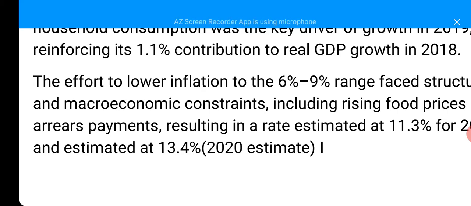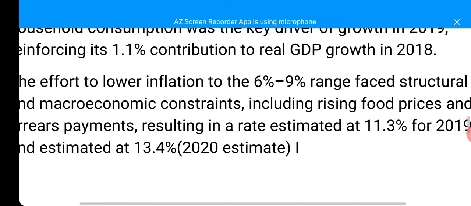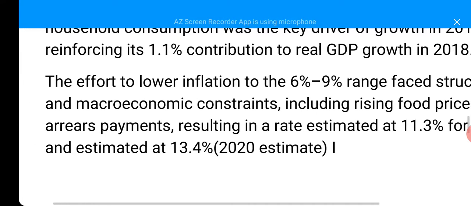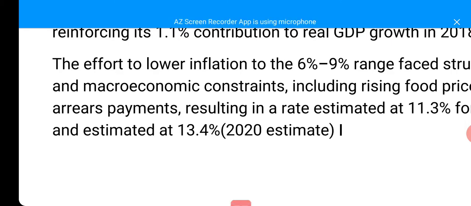Inflation rate as at 2019 still stood at 11.3%, despite the fact that the Nigerian border has been closed, such that smuggling or importation of goods can be controlled. Yet, food prices continue to increase in the country, and this has made it very difficult to control the inflation rate.